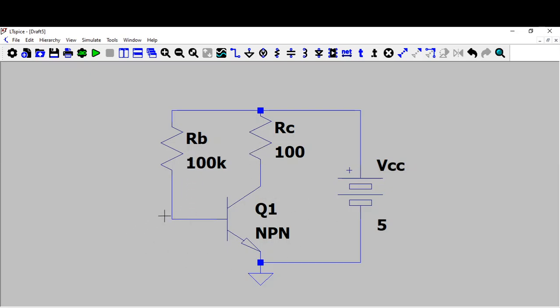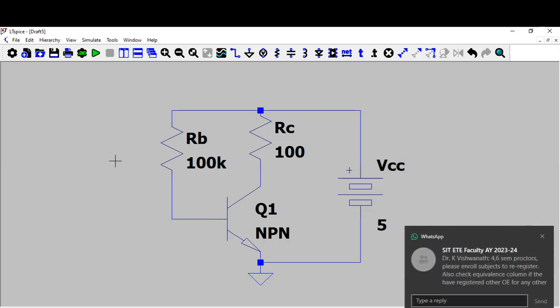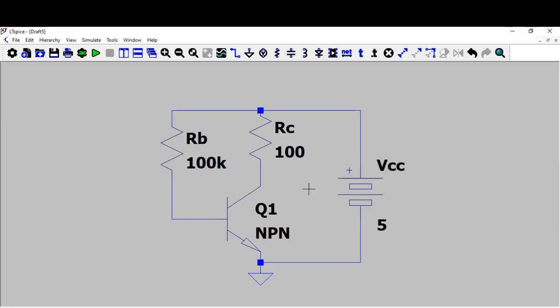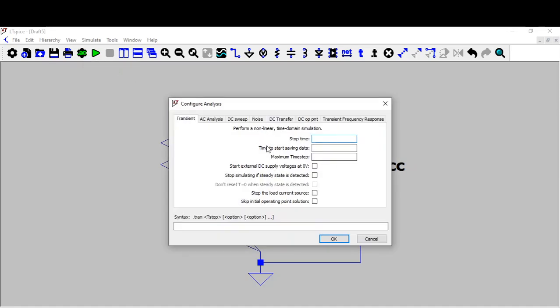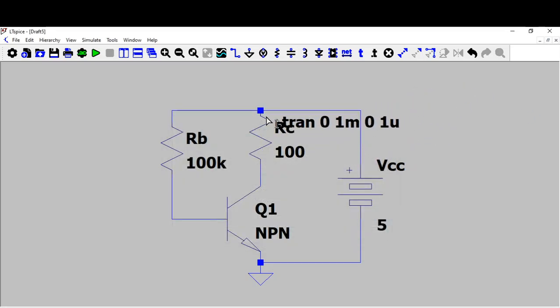So what is it that we need to measure? We need to measure this current and this voltage, so that we can see the operating point. Now I have to do the analysis, so I have to configure it. I'm going to configure a transient analysis. It is 1 millisecond, then it is 0, then it is 1 microsecond. Okay, this is a transient analysis I am doing. Now if I run,